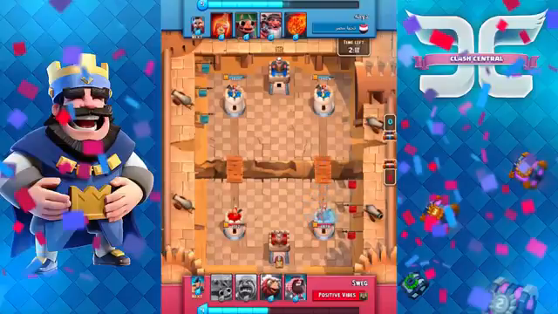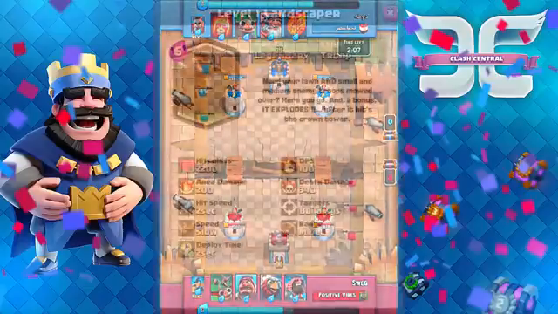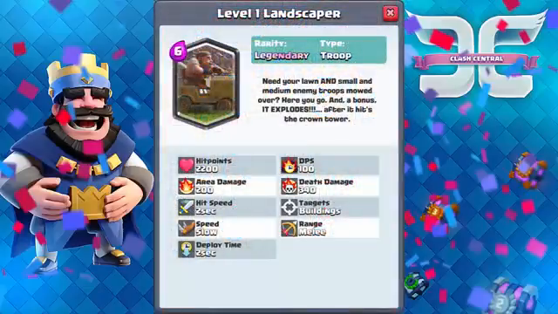Now this is one of my favorite card ideas, and this is known as the Landscaper. Now I did find this idea on the Clash Royale Reddit, and basically this is kind of an exploding log. Now it is 6 elixir, and if we do go ahead and read it, it does say mow your lawn and small and medium enemy troops mowed over, here you go, and a bonus, it explodes after it